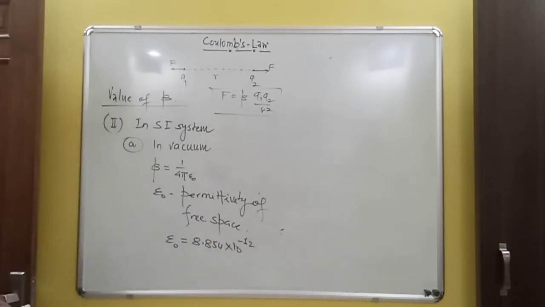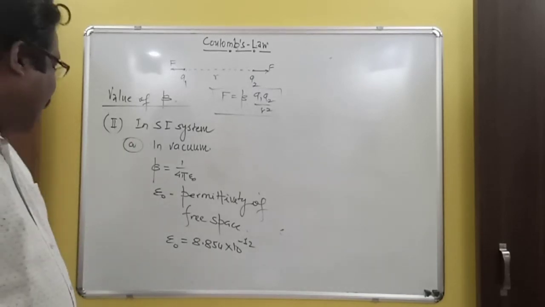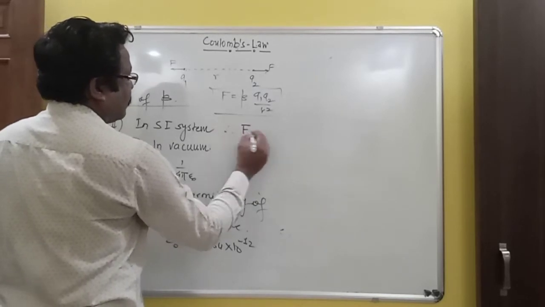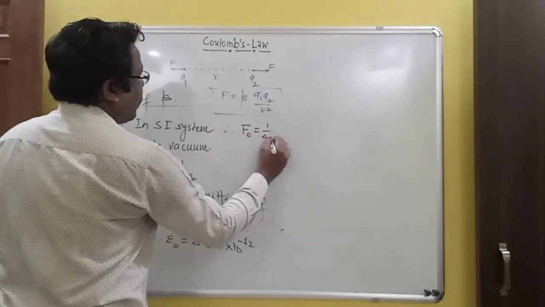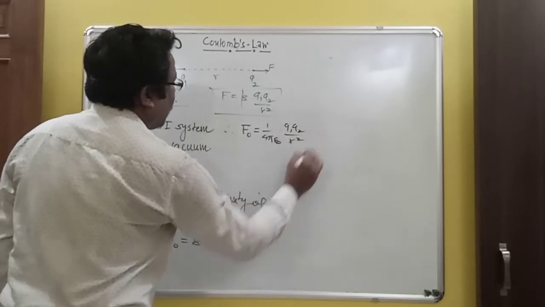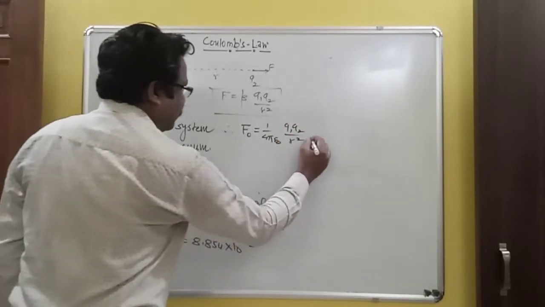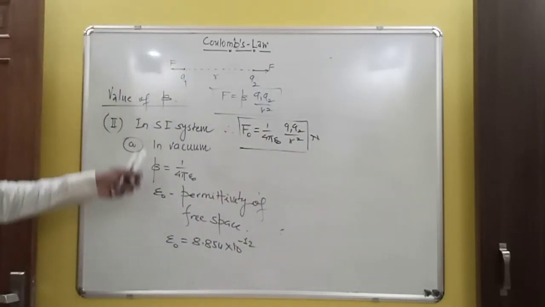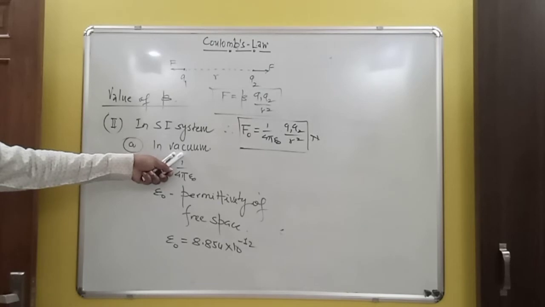So when you take this beta in vacuum as 1 upon 4 pi epsilon naught, then the force would become what? 1 upon 4 pi epsilon naught Q1 Q2 by R square Newton. So in SI system in vacuum,